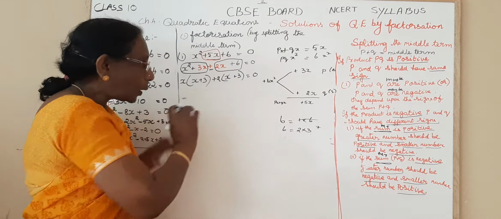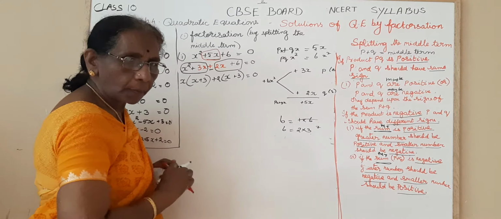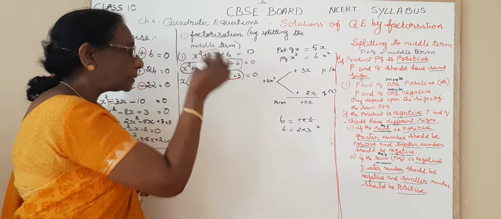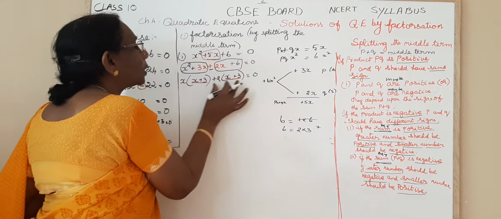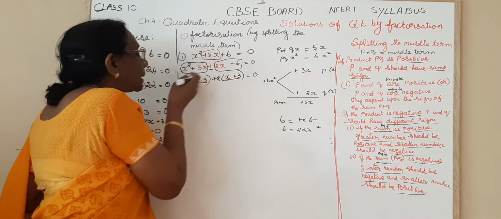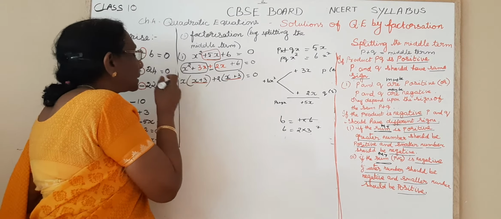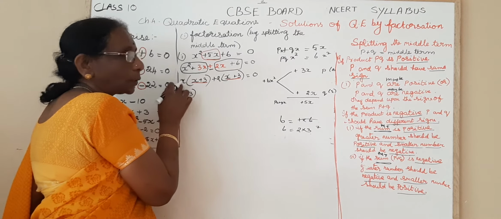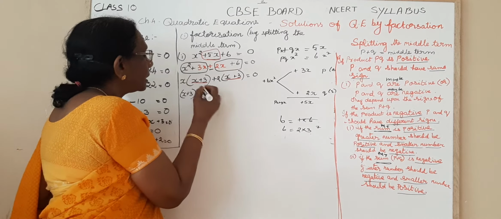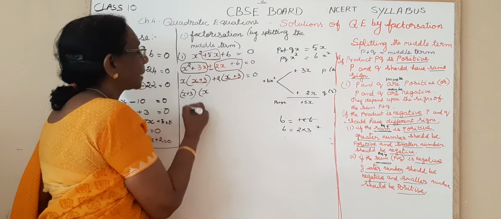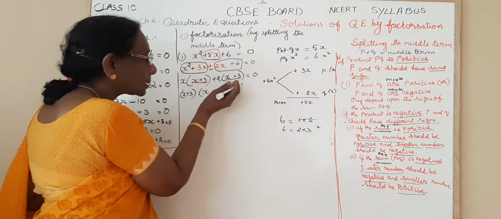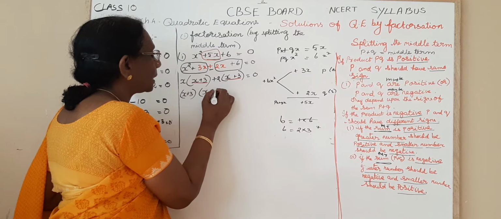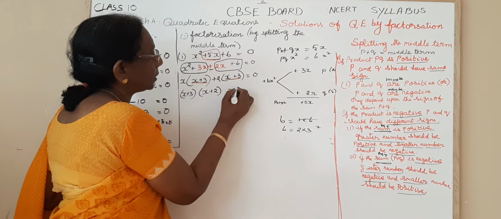Is it clear? Now observe this. What is common? Yeah, x plus 3, x plus 3. So you take that out. That means you are going to divide both by x plus 3. So when you divide x by x plus 3, this will get cancelled. What will be left? Only x will be left. Now you can write, because the common term you have taken out, plus, and here also when you divide, you will be getting 2, that is equal to 0.